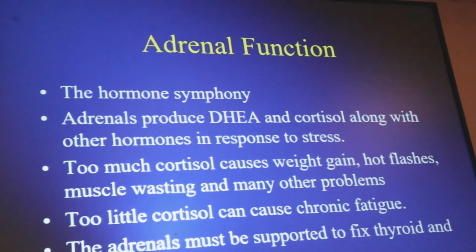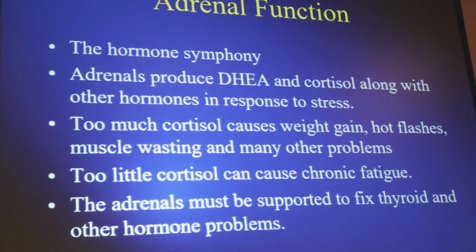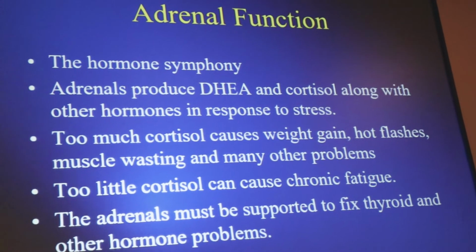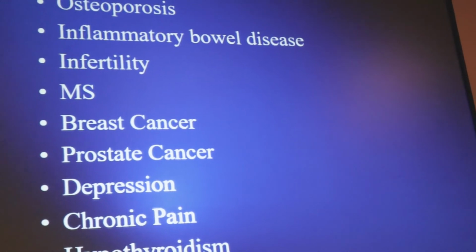I'm not going to talk about this a lot. It's in your slides. But again, on adrenal function, if the adrenals are not in balance, the thyroid is not going to go into balance, or the patient won't feel optimal. So think about that. Vitamin D,